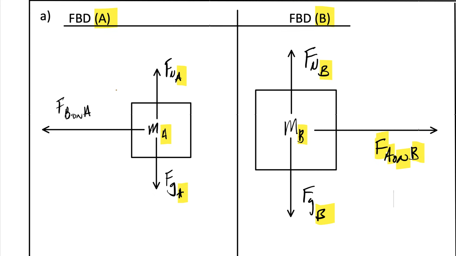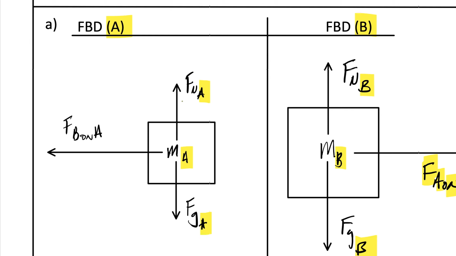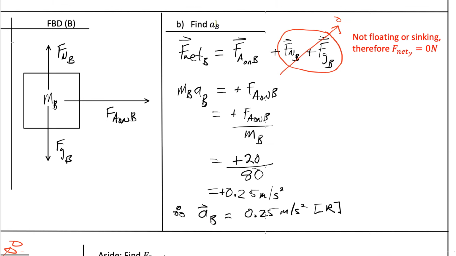Now, when we take a look at student A, Amy in this case, the key here is this is the reaction force from Balja, or student B, if you will, FB on A. And it's going to be equal, but in the opposite direction. This implies this will be a force of 20 newtons, but in the negative direction. And again, look at the subscripts. Subscript A, FB on A. Those are key.